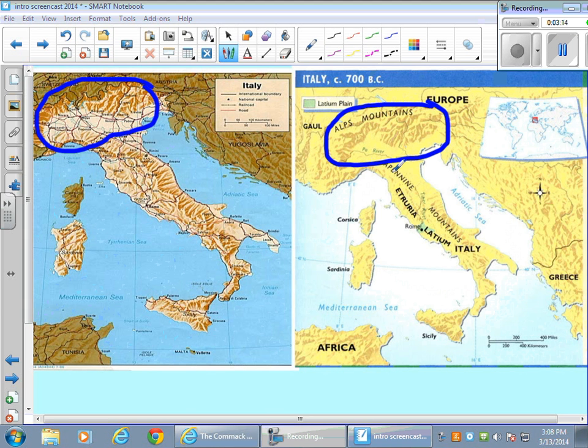The other mountain range, which is very large in the Italian peninsula, runs down the backbone of the peninsula, which is the Apennine mountain range. It actually stretches all the way down into the toe of the peninsula and onto the island of Sicily. Where the peninsula is not mountainous, it is typically very hilly. The Italian peninsula has some plains regions, but it is more obviously mountainous and hilly than anything else.